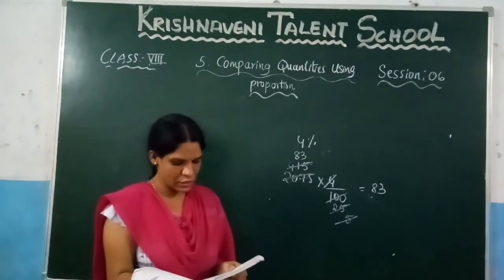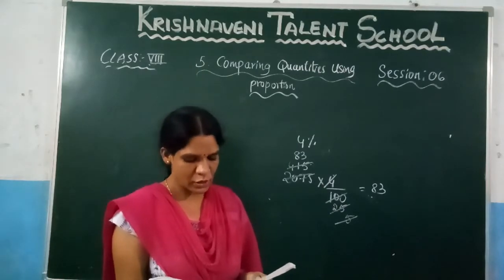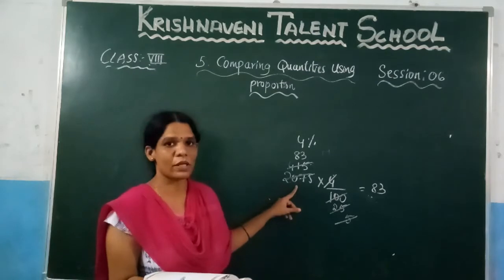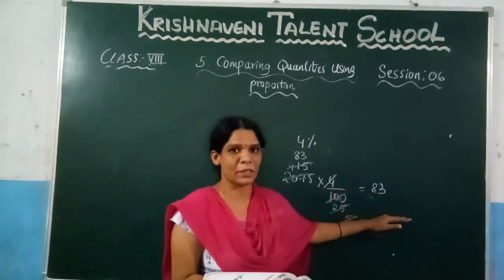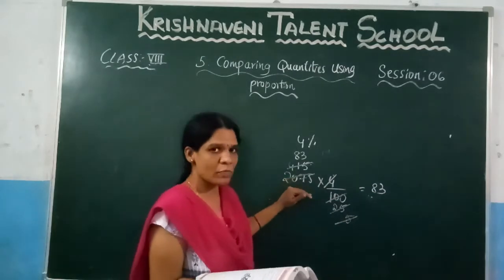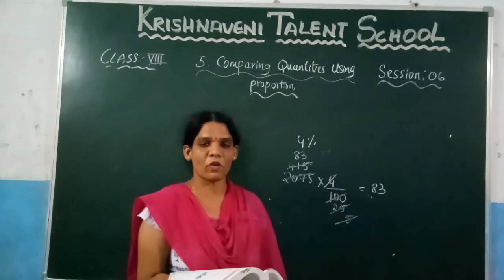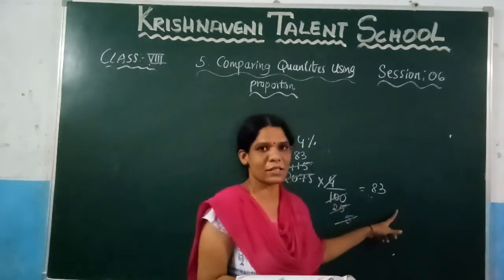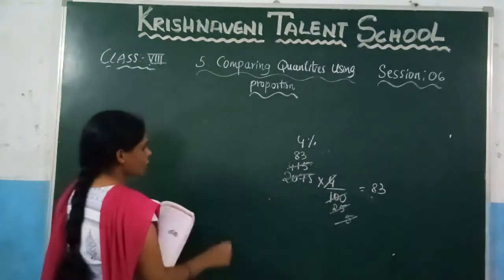And one more question is also asked. What they asked here? How many members are enrolled during this year? This is the number of members enrolled in the last year, and this is the decrease in enrollment. If you subtract the decrease in enrollment from the number of members, you will get the number of members enrolled this year, because these many members are decreasing now. So you need to subtract these two numbers. Let us subtract those two.